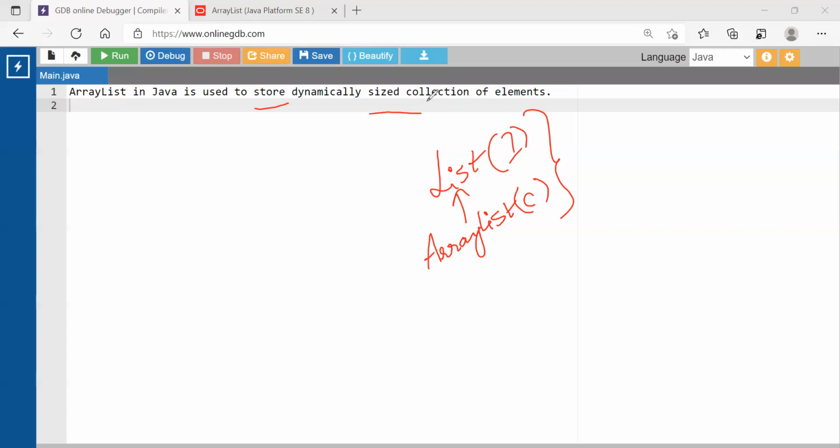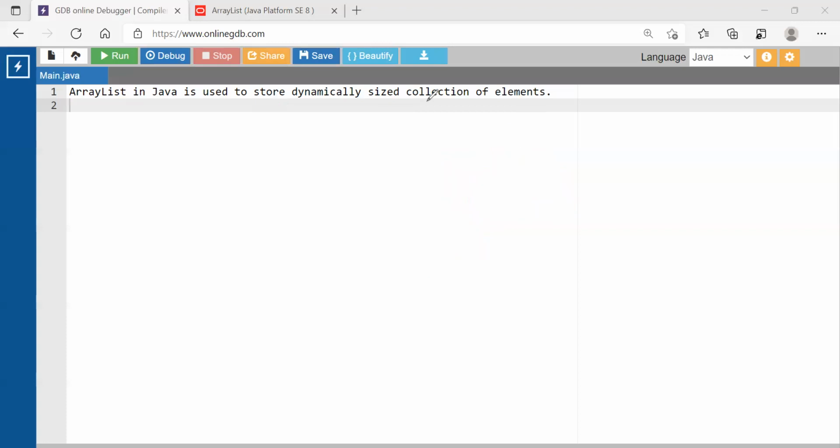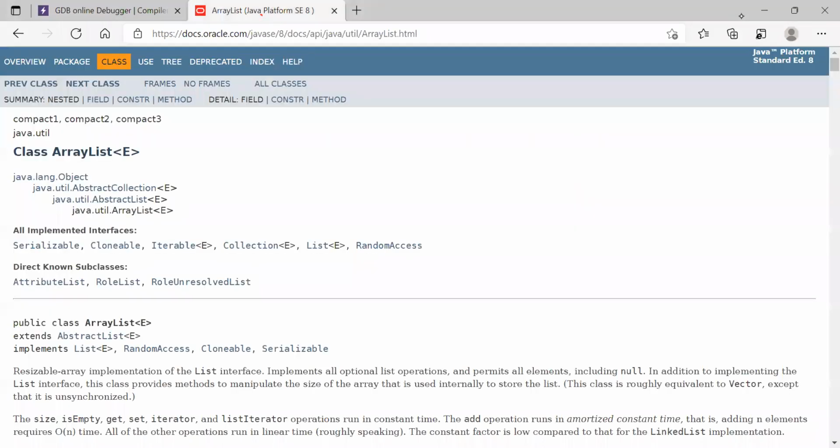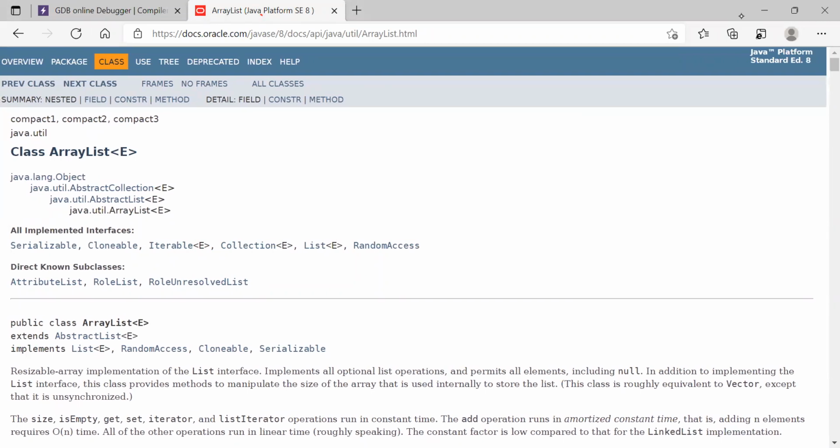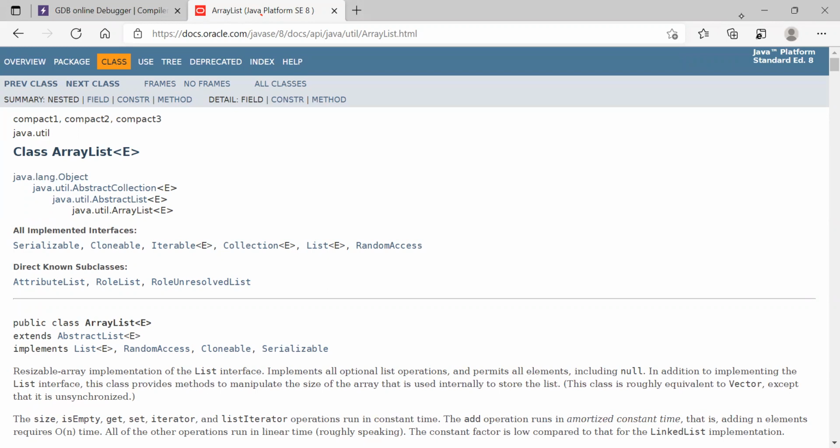Okay, so this is the basic information about the ArrayList. Now let me show you the Oracle docs. So this is the Oracle docs for the ArrayList, and you can see very clearly that it is a class, and it is found in the java.util package.